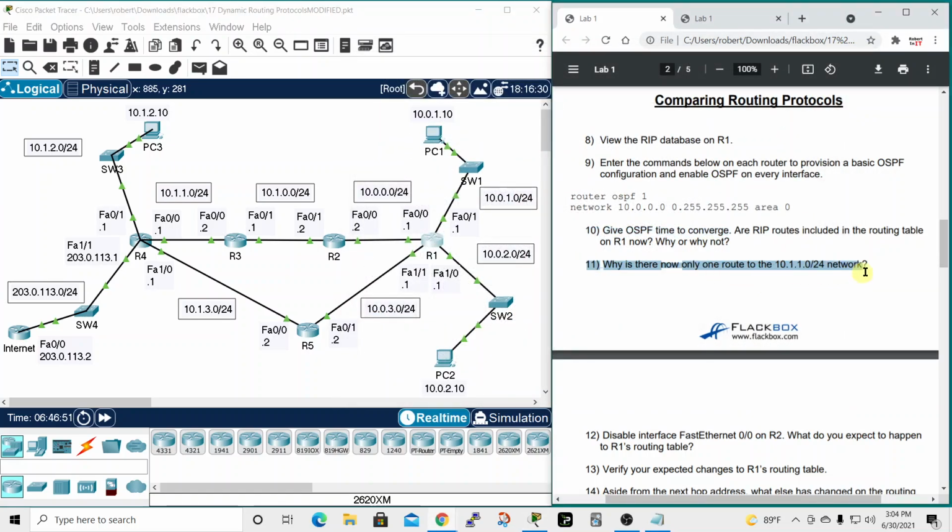Number 11, why is there now only one route to the 10.1.1.0 network? Well, previously RIP had 2 routes because it had 1-2 hops to the 10.1.1.0 network this direction, and 1-2 hops to it via this direction. But Open Shortest Path First doesn't just rely on hops, it's taking the speed of the interfaces into